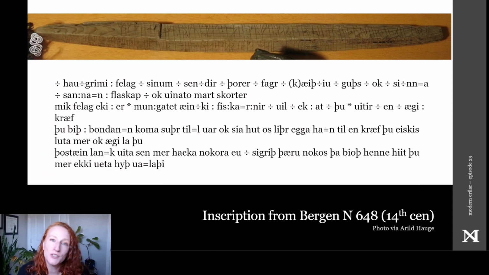Then again, we can choose to be inconsistent. In inscription N648, lines A and B separate words consistently, though not with a consistent type of division mark. In lines C and D, though, the writer uses only 2 division marks overall, and the rest of the word divisions they indicate by using spacing. Or we can choose to be consistent and go the extra mile. In one fascinating example, N631 from Briegen, the rune writer consistently used separators between words and used a double word separator between sentences. So that's also an option.